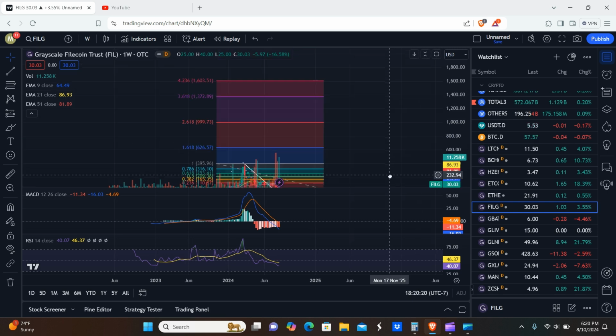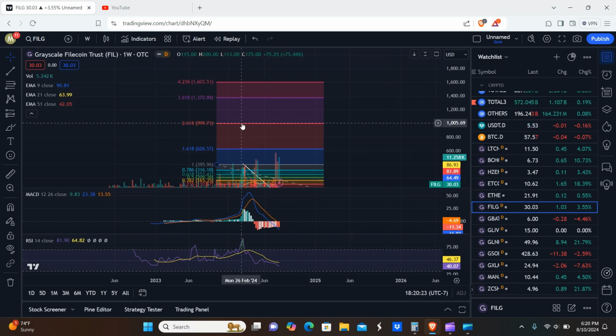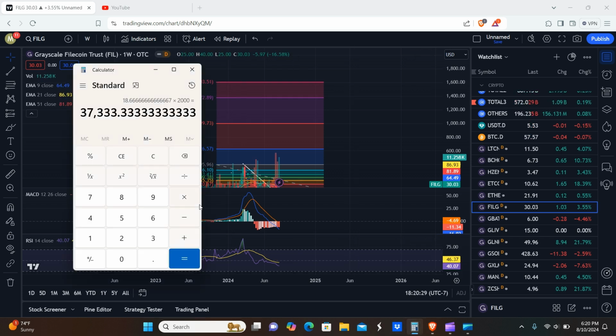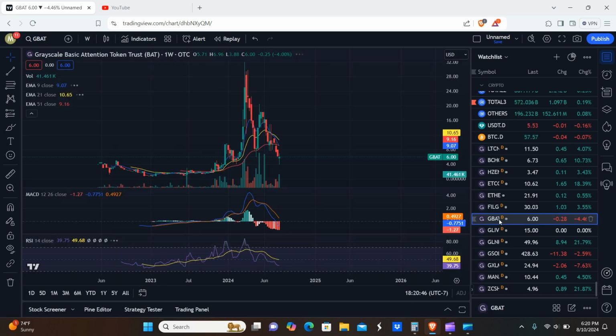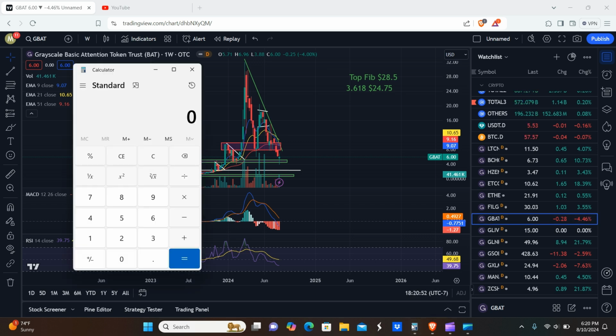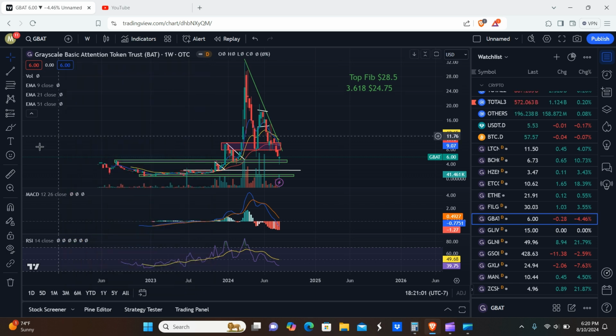So on the macro fib retracement here, you guys can see it's much larger. So 625, 1005, 1370, and roughly about $1,600 respectively. So the gains on this thing could be absolutely monstrous. I mean, I would not be shocked if it actually did more than even these fib levels. So 53x here. Again, that would net you over six figures if it did play out like that. And the underlying token Filecoin, the all-time high is, I think, if I'm not mistaken, $240, and the current price is $4. So it's pretty much right in line with what the native token would be, about a 60x.